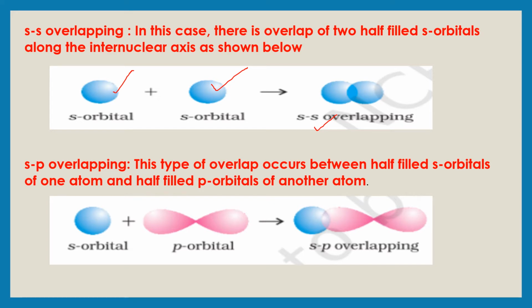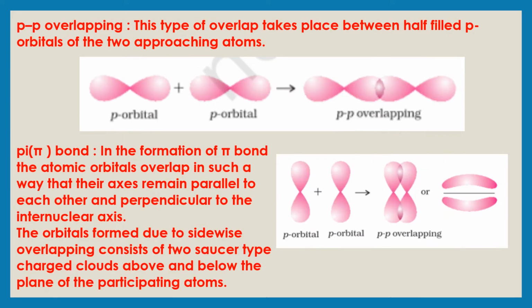Then you have sp overlap. Suppose the carbon p orbital's positive lobe is overlapping with the s orbital. We also show it with the positive sign here. So this will be called sp overlap. This is again head-on. And if two p orbitals overlap, like the positive lobe of one orbital with the positive lobe of the other orbital, this is again pp overlapping. All these overlaps, these three which we just saw, are called head-on overlap, and they give rise to a sigma bond, which is quite strong.